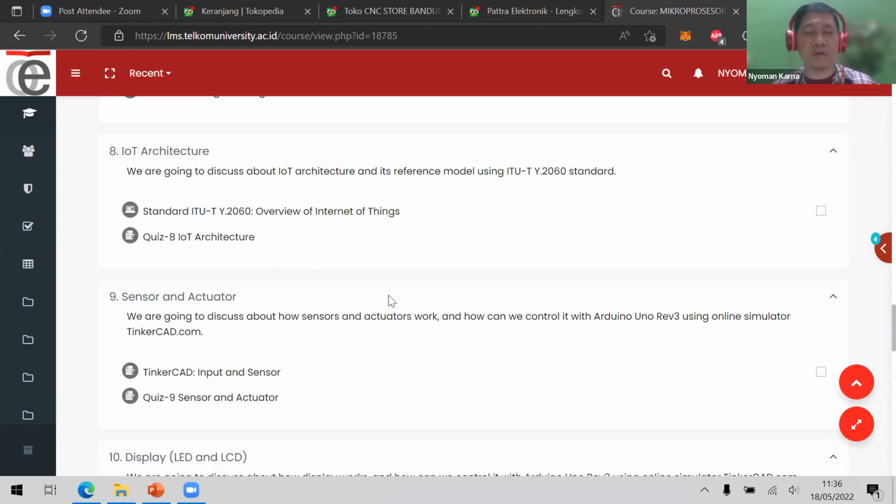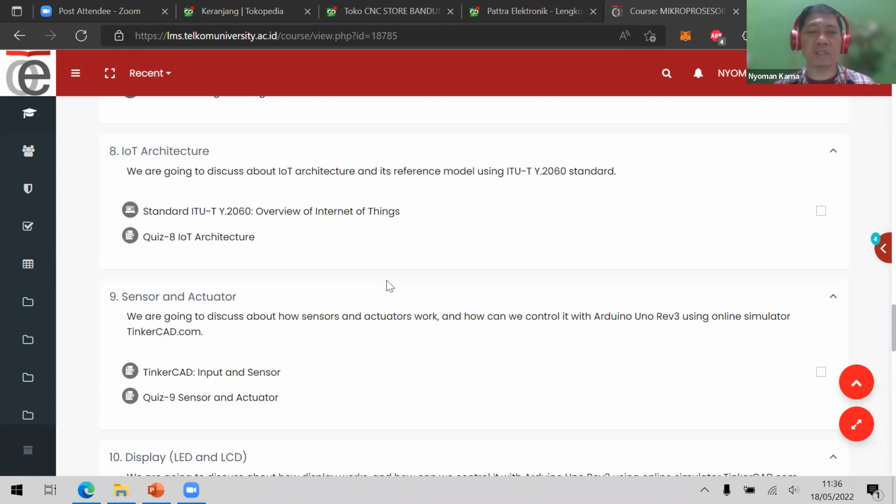But on the contrary, for the actuator, we use the actuator to do some control. For example, I want to lock the door. That means I'm going to use a machine, a motor, that's going to lock the door. Or, for another example, I need to give food to my fish in the tank, in the aquarium. That means I'm going to use an actuator, because the actuator is the one that is supposed to do the movement to give the food to the fish. That's what you call an actuator.